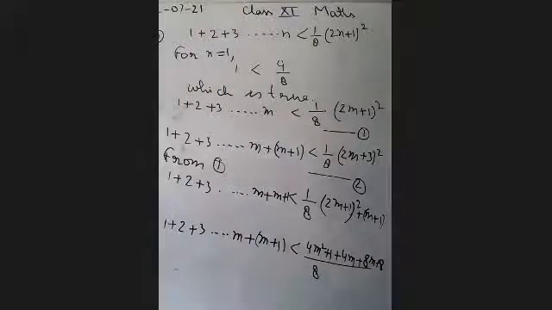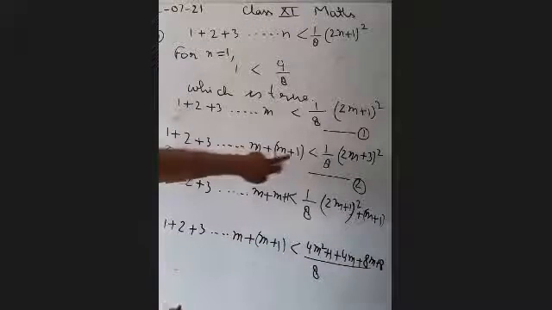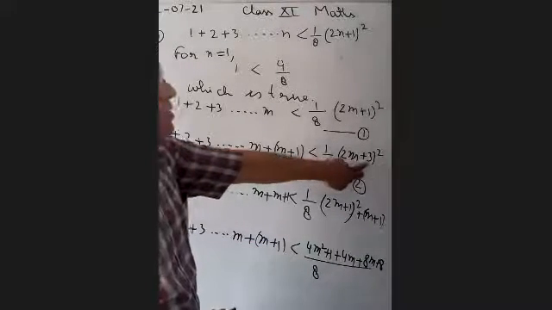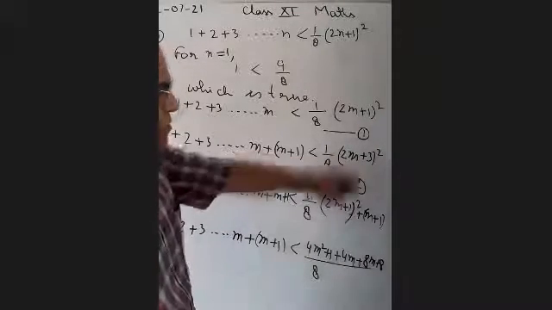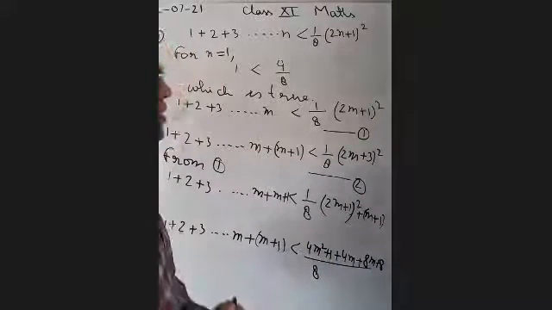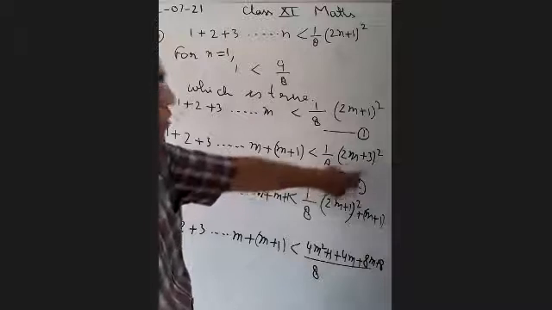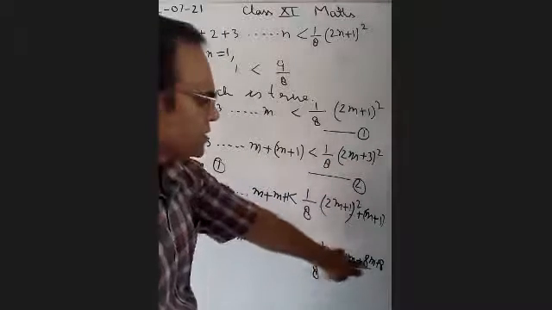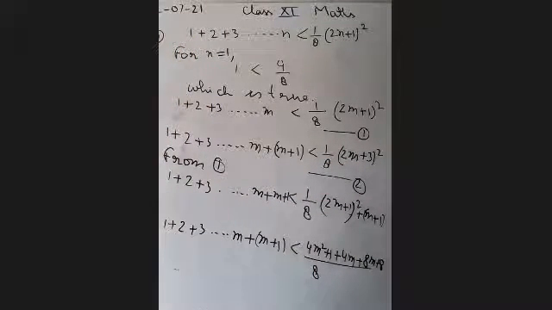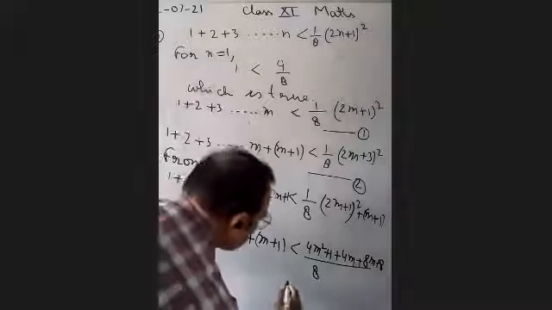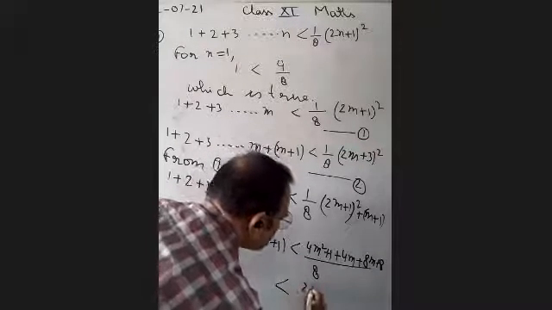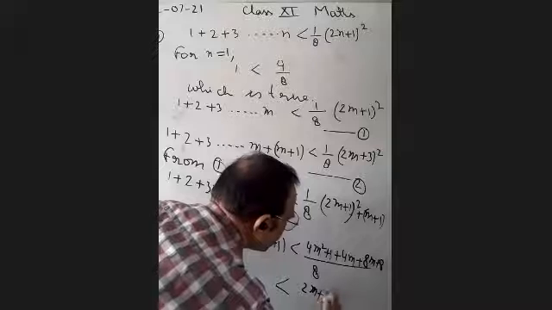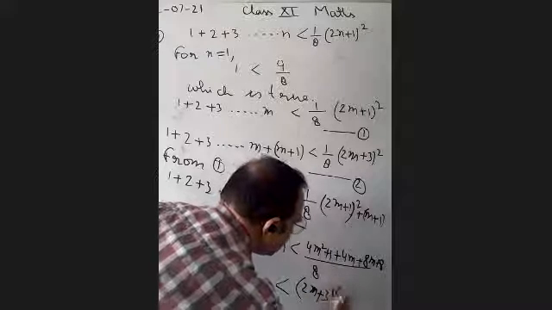ठीक है. So what we get here, the left hand side what we want to get, but in right hand side we want to get 2m plus 3, यानी कि 2m का मतलब 4m square, 3 का स्क्वायर 9, तो 8 plus 1 that will be equal to 9. 2 2 जा 4 3 जा 12m, so 4m plus 8m. So whatever we want to get, we are getting same way, same number, same expression, 2m plus 3 whole square. ठीक है. Divided by 8.